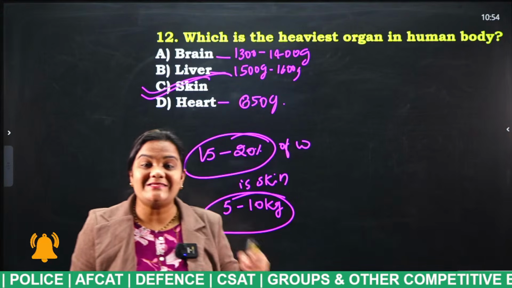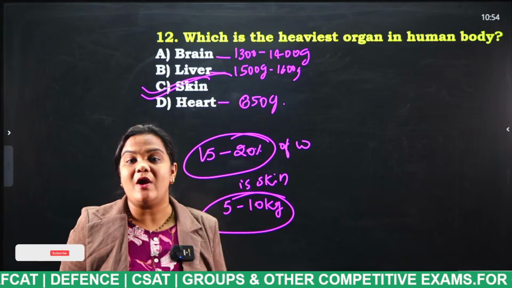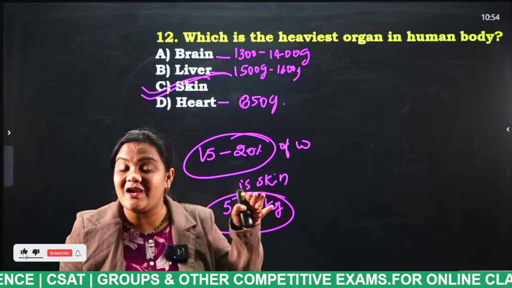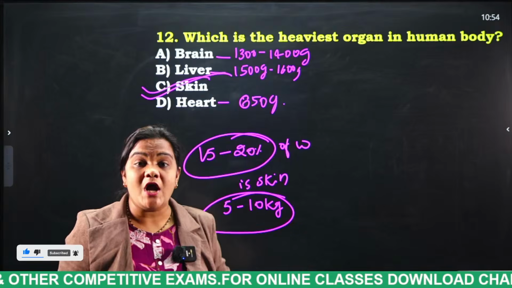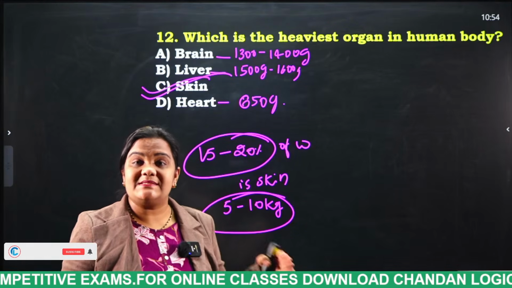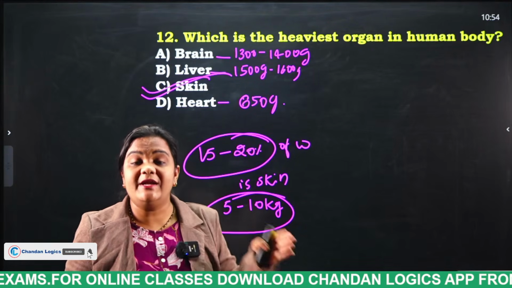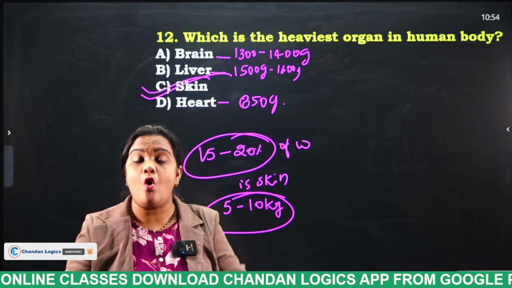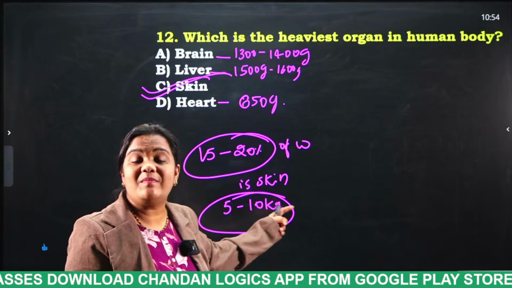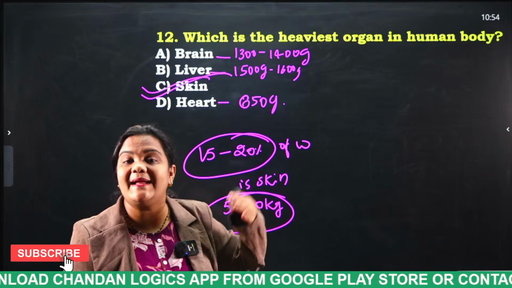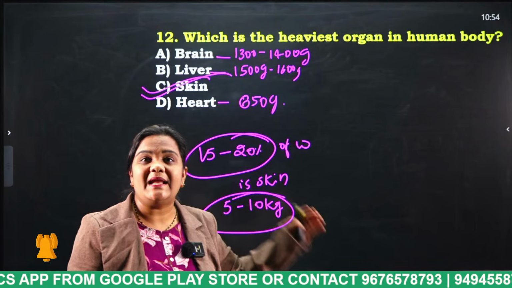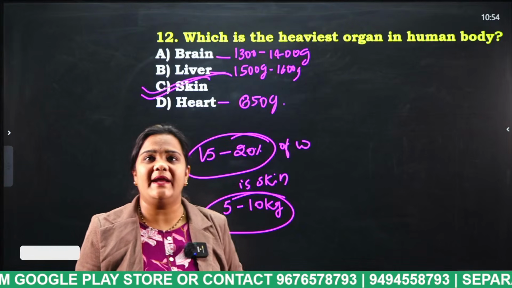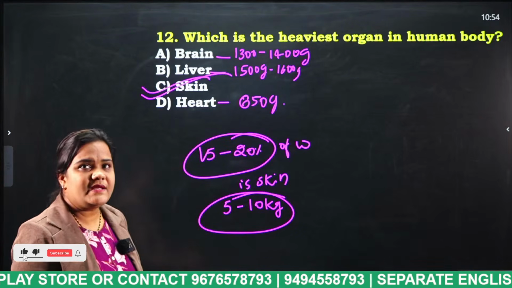Skin is actually also an organ of our body. Skin is the largest organ of our body and it is also the heaviest organ in our body. Approximately 15 to 20% of our whole weight is the skin's weight. Why? Because it has different layers of skin. Dermis, epidermis, and the subcutaneous layer. Okay. Next,